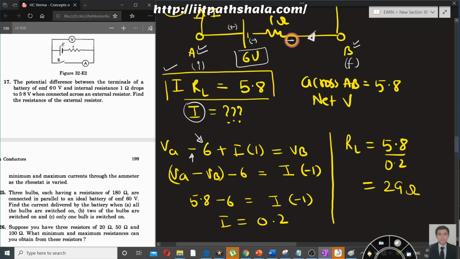So there is a positive sign carried by this resistor over here, and a negative sign carried by this resistor over here. As you know, in KVL, if this current is going in this direction, then the gate at which the current is entering will be carrying a positive charge, and the gate at which the current is terminating will be carrying a negative charge. So now you are moving in this direction, going from negative to positive, henceforth you are increasing.